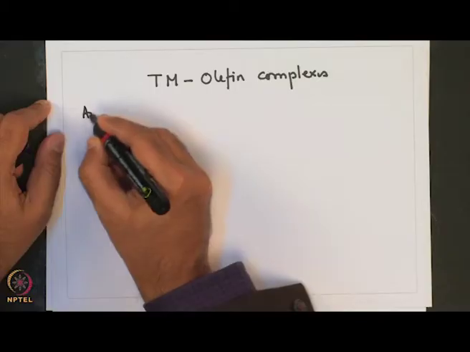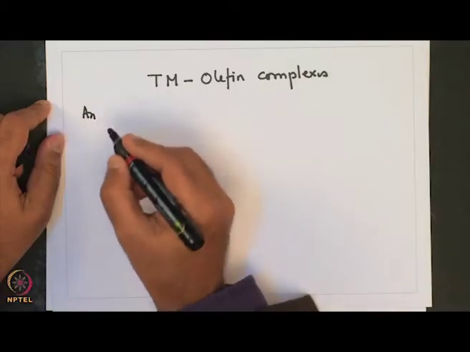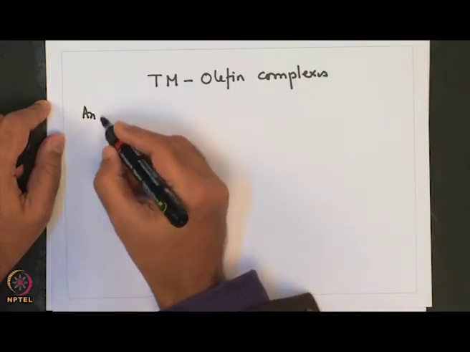In today's lecture, we are going to see some more new methods which are available for preparation of these transition metal olefin complexes, and then look into the bonding, characterization and property studies of these transition metal olefin complexes. So, for example, another method for preparation involves transformation of enyl complexes